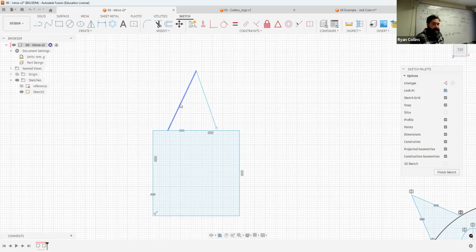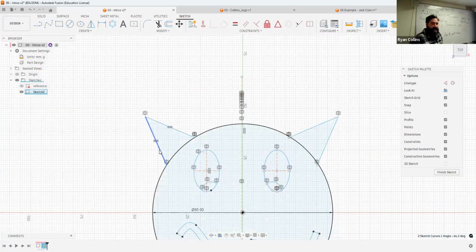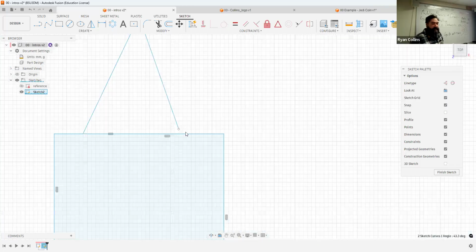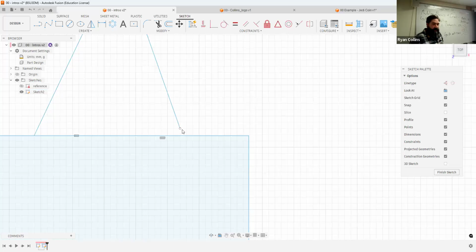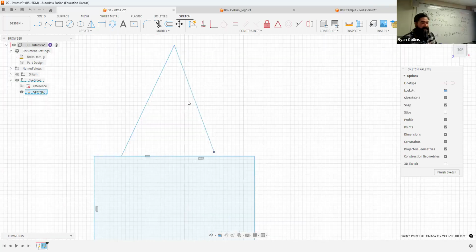An easy way to find the break: one, double click on a section. You see how it's selected all the way around, but stopped? Versus when I select here, it does go around, but it will often select the rest. In this case, I can see pretty clearly that there's a break here. Yes, you can click and drag and move this point around, but sometimes that will cause weird distortions. So what you can instead do, if you can see where the break is, or it's difficult to see,